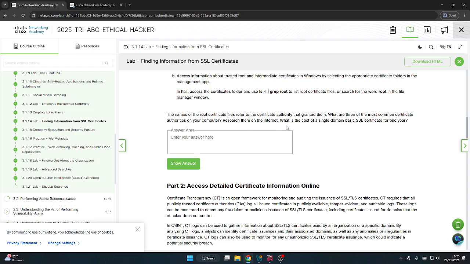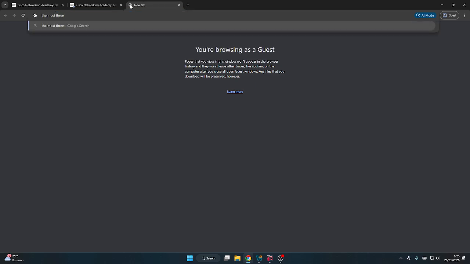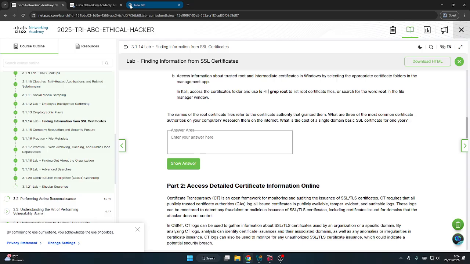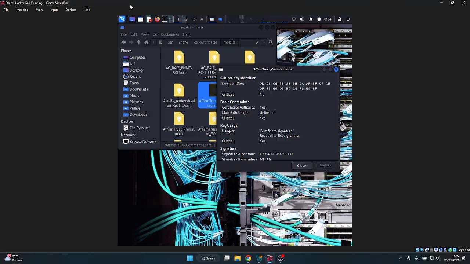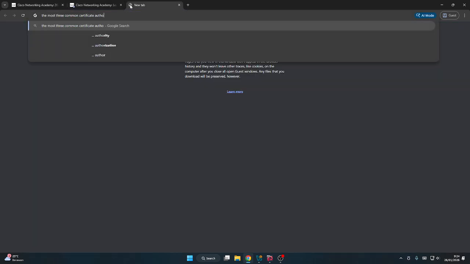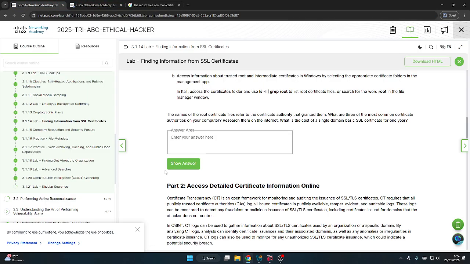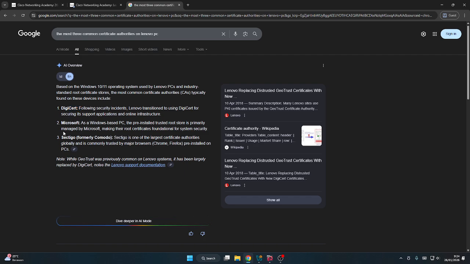So the most three common certificates. Is the research Microsoft Certigo.